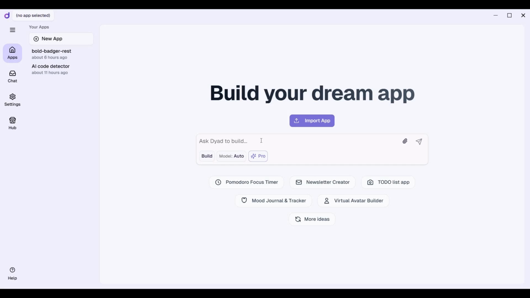Now I can build anything with this. What I will do is tell it to build an app. You can even import from a folder if you have pre-existing code that you want to modify. This is the Pro version, where you can configure Dyad Pro settings. I'll try to create a platform. I'll say create a Netflix-like platform for educational content